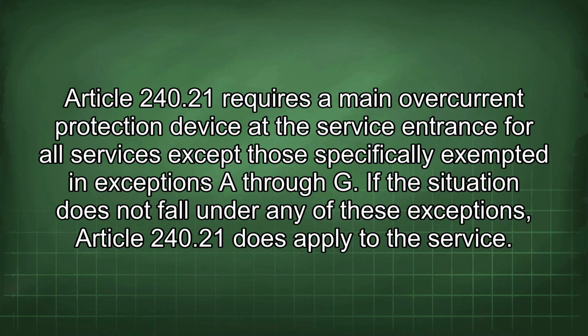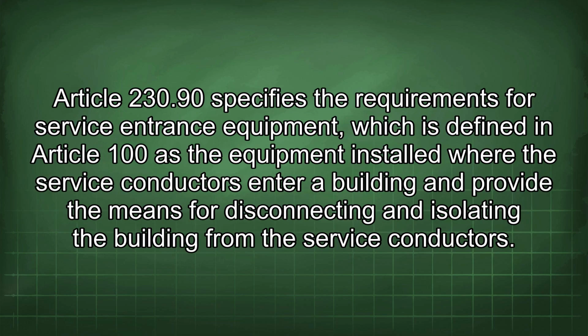Article 240.21 requires a main overcurrent protection device at the service entrance for all services except those specifically exempted in exceptions A through G. If the situation does not fall under any of these exceptions, Article 240.21 does apply to the service. Article 230.90 specifies the requirements for service entrance equipment, which is defined in Article 100 as the equipment